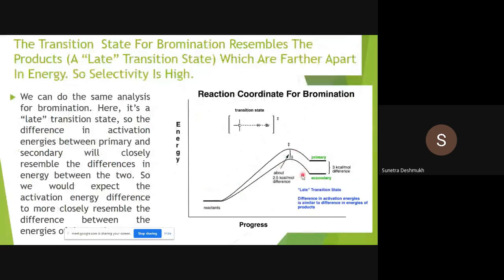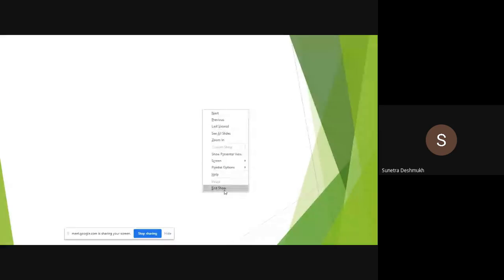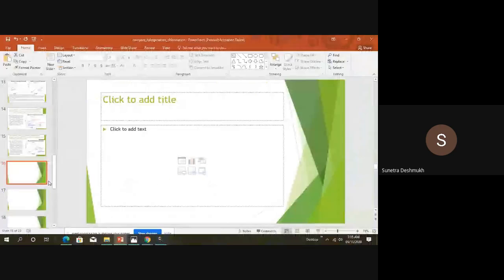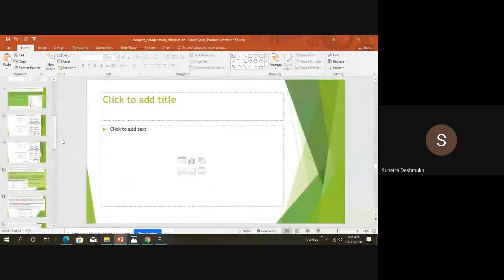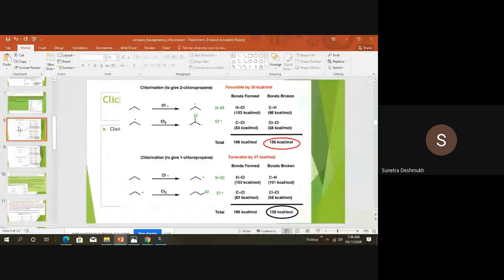And due to that, as this difference is higher, and the transition state in bromination resembles the product, the selectivity in free radical bromination is more. Okay, so this is our conclusion about chlorination versus bromination. So the total or overall